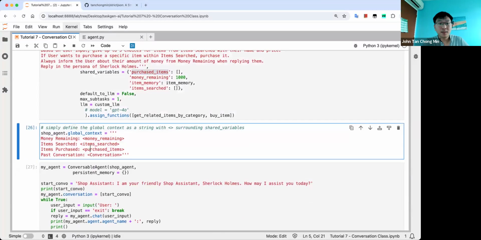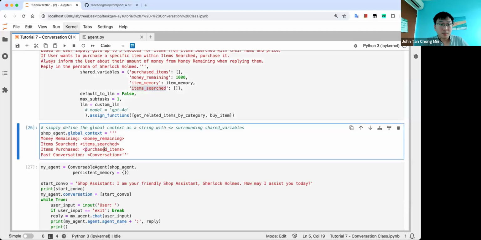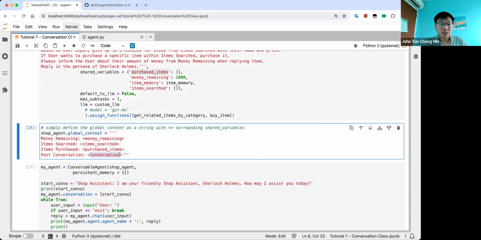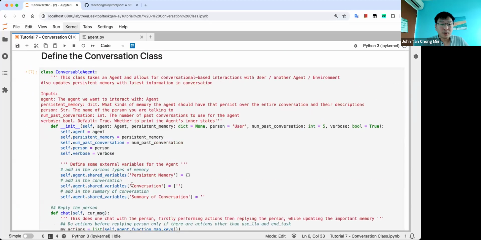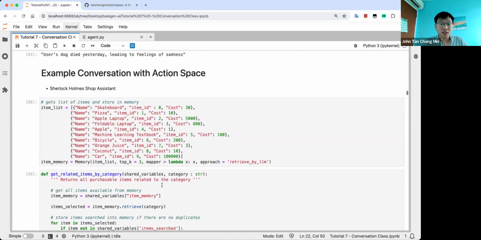So you can see over here, anything in these angle brackets, if the name is the same as the shared variable's name here, it will use the shared variable. So item search will go to this one. Purchase items would go to this one here. And then conversation would go to the conversation thing that we have created as part of the class here. So over here, we have this conversation. So it is very easy to use. You can just use